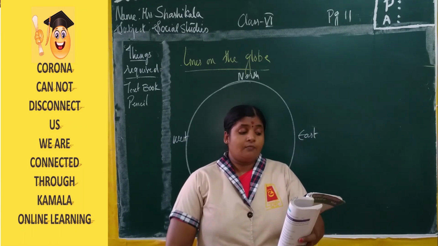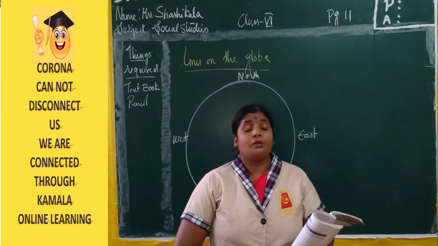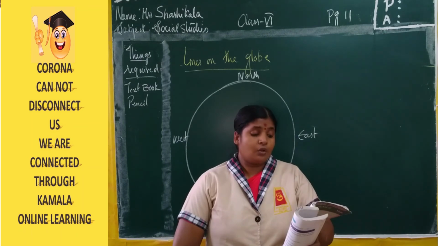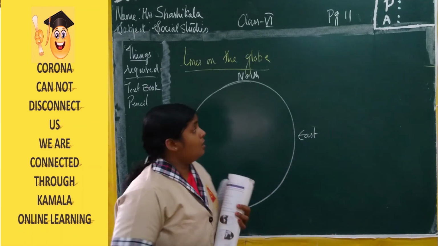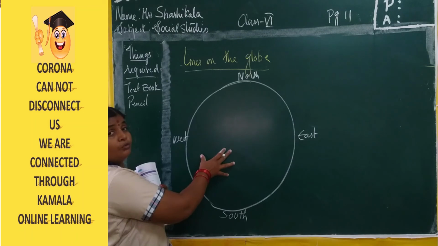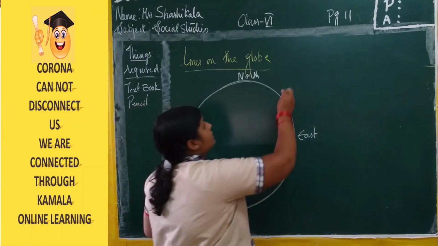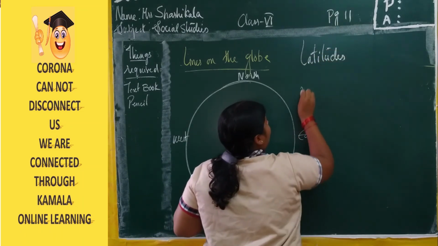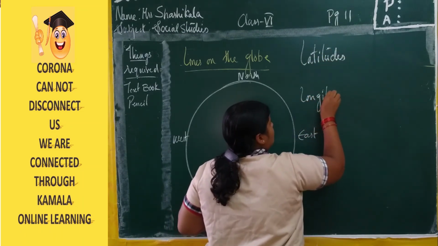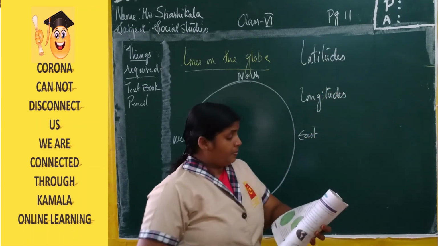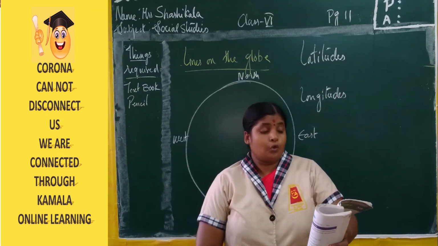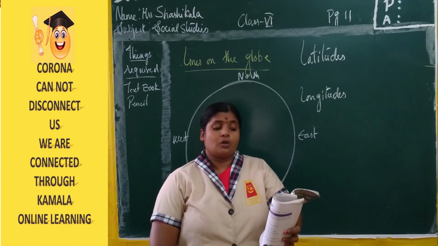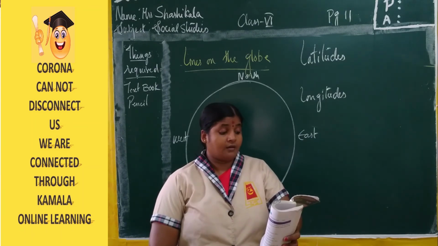Now we will look at the most important lines. The very important lines we are going to know about, the concept of the lines on the globe called latitudes and longitudes. Now what are the lines that are present on this globe? They are known as the latitudes and longitudes. The lines along the poles were well known to our Indian ancestors like Aryabhatta, who used the terms to explain the places.